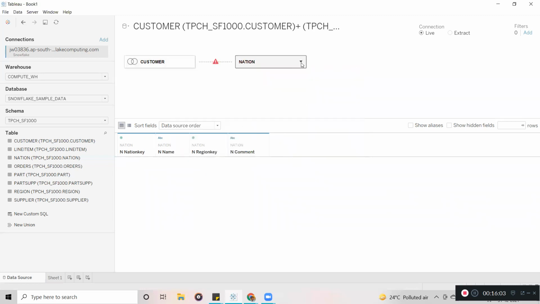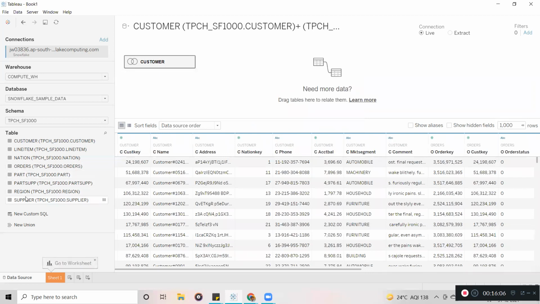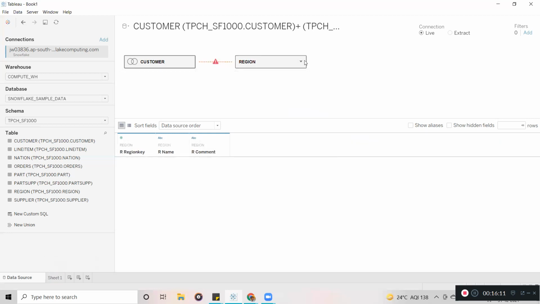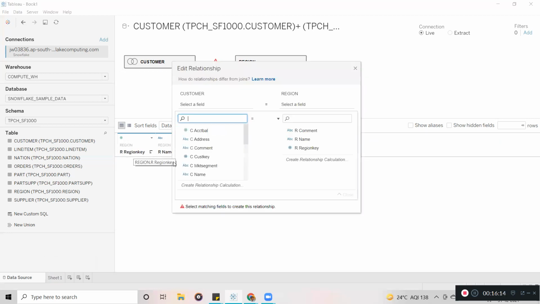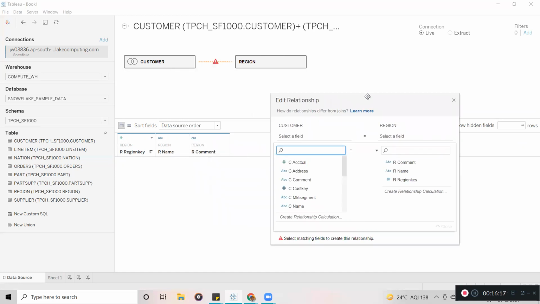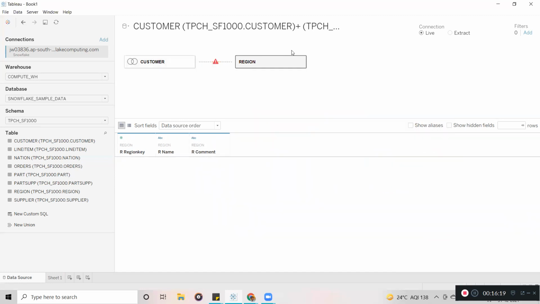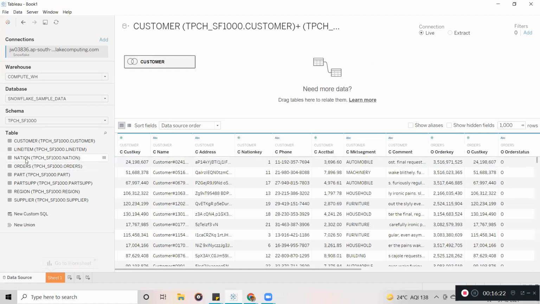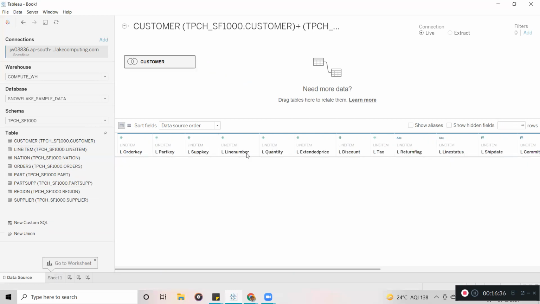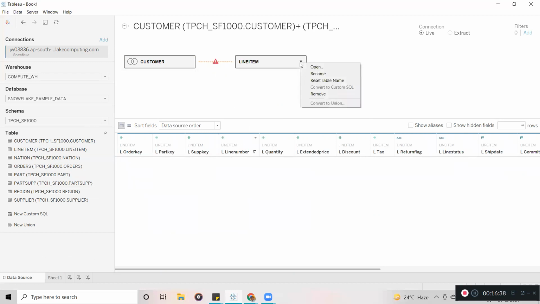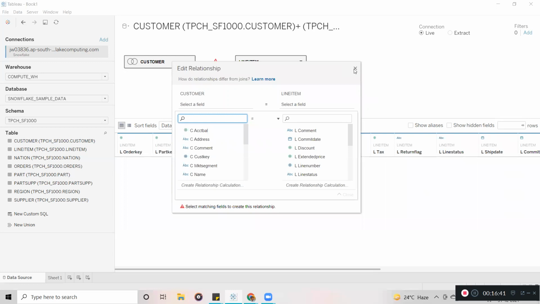So before that, again, we have to use the region here, because I think we might be having customer related information. Region key is there. So something still we are not clear here. Again, region, for supports, orders, nation, line item. Let's see what is the line item, what kind of data we are having here. Yeah, I think here we are having nation key, right? So sorry guys, it's my mistake. So we are having nation key already here.